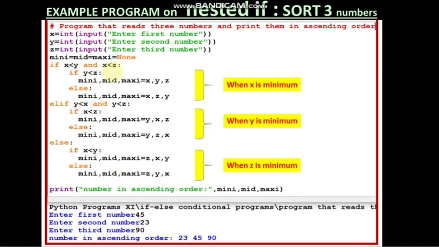Finally, remember that the control will enter any of these if else. Control will get any one value for mini, mid and maxi. Not all these 6 statements will get executed. The values of mini, mid and maxi will not be assigned for all the statements. Only any one will get executed as per the condition. And accordingly, when it will come out of this if, elif, else block, it will print number in ascending order,